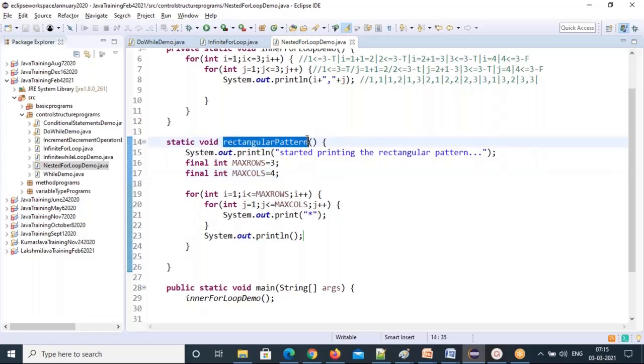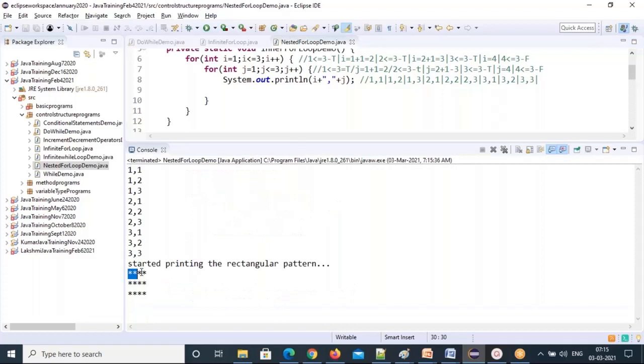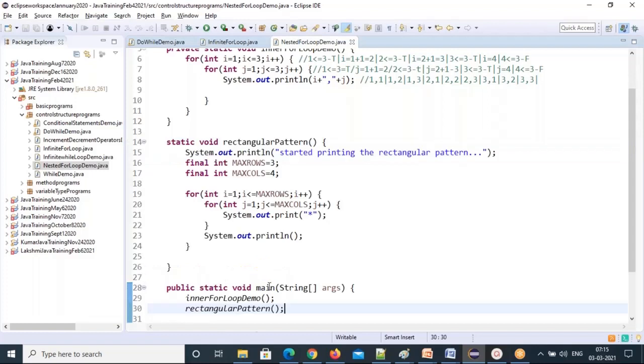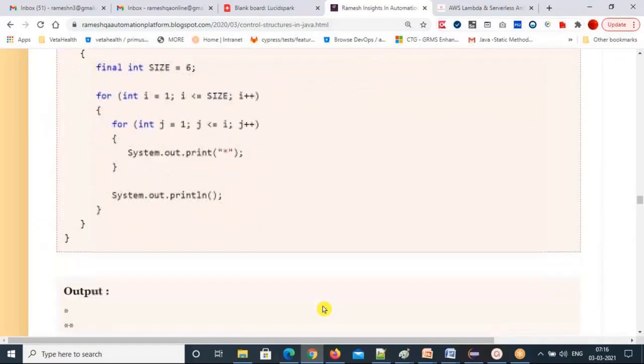So let's call this. Okay, that's enough. We don't need much here. For 4 columns, 4 stars it will print. This is the rectangle pattern program. Anyhow, patterns will come later. I'll explain the programs. We're going to get a lot of programs, so for the triangle pattern, I'm going to explain there. So it's not necessary now.